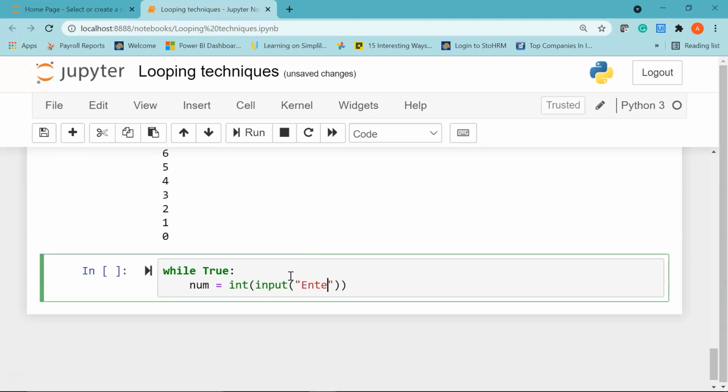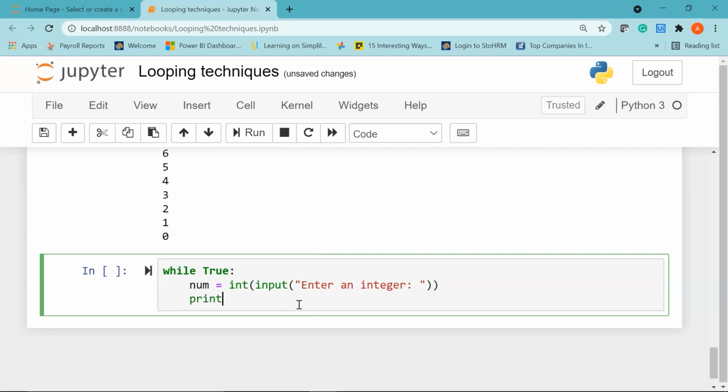I'll pass in the message as "Enter an integer: ", with a colon followed by a space, and then we'll say print "the product of", I'll give a comma, say num, I'll give another comma, I'll say "is".